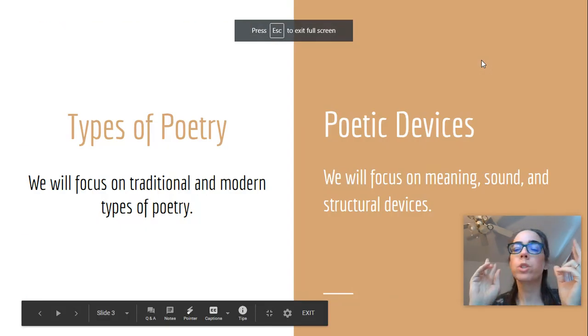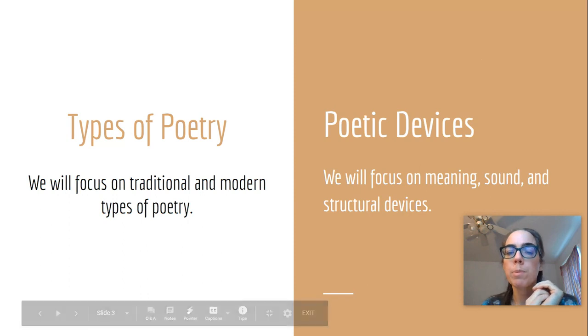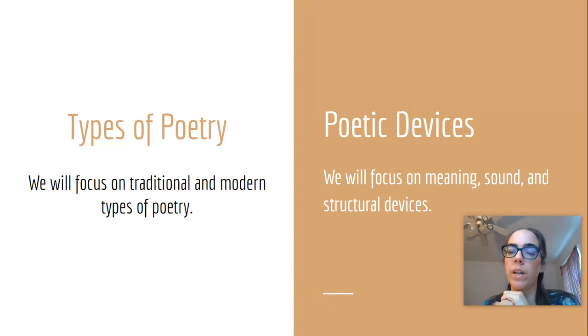There are two things that we're going to discuss: the types of poetry and the types of devices that we use within poetry. The types of poetry is going to be the poetic structure, things like sonnets and odes and free verse, villanelles, and all of those random things that you've heard. You've heard those, haiku. I know you studied that last year. We're going to do traditional forms with rhyme schemes and complicated meter, and we're also going to do modern types of poetry where people kind of throw the rules out the window and just do what they want to do.